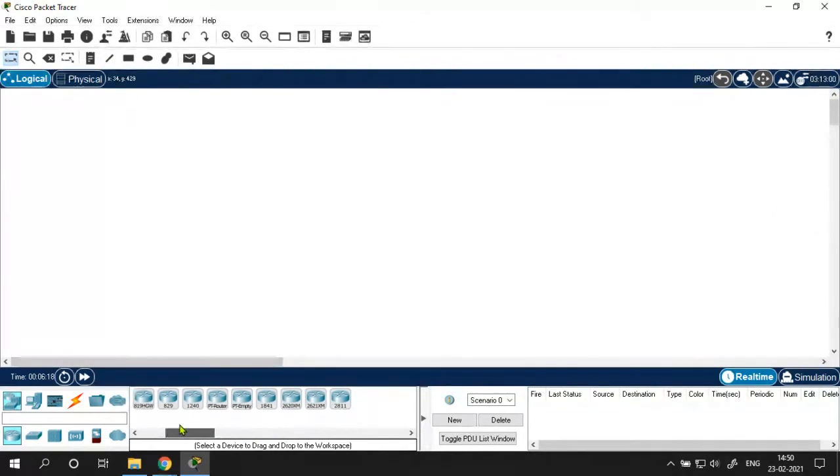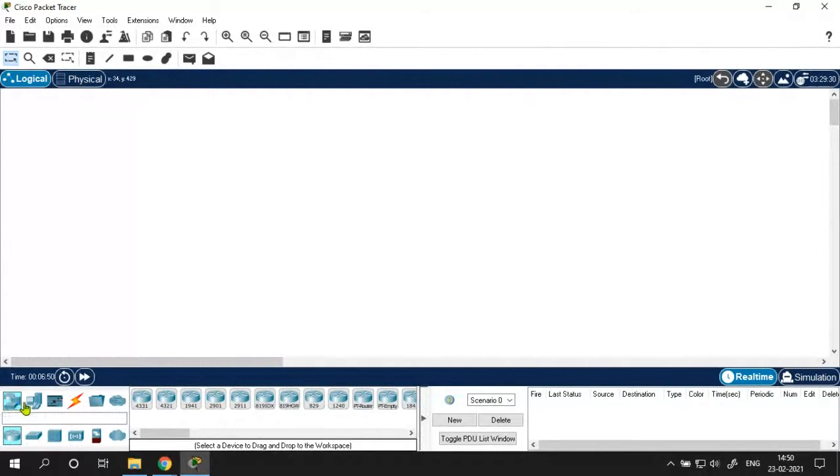You can choose any one as per your requirement, starting from the 2911 series to the 4331 series. Then the next network device is the switch. In switches also you have multiple options. There are various versions of switches, so you can select any one. Then there are the hub and the wireless router.